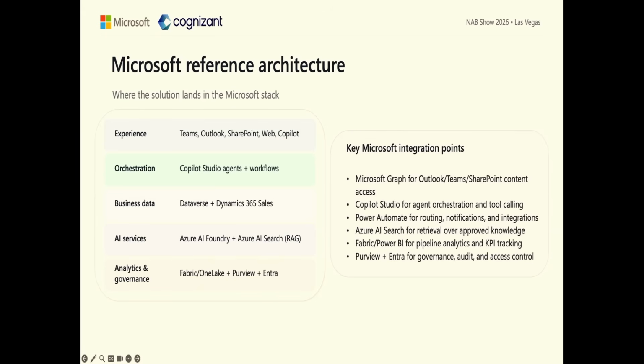I called out a couple of them that are coming from AI Foundry, like document intelligence, Azure Search, and things like that, to really give this much more power than just a generic Copilot agent. So all of these things are working together to produce one powerful tool that aims to expedite pretty dramatically one of the most time-intensive processes in ad sales.